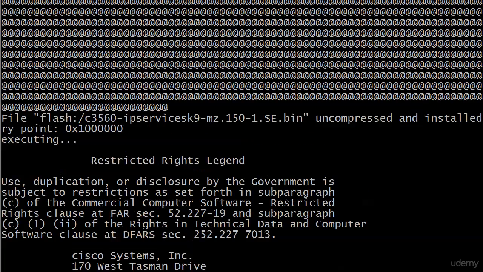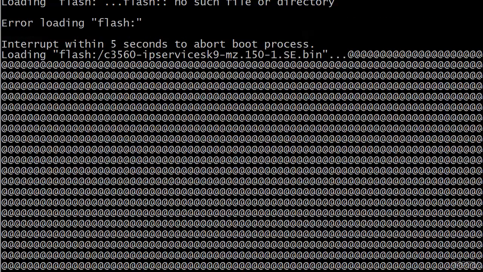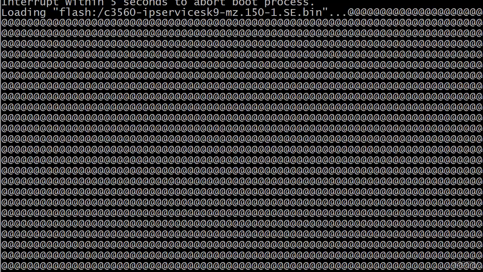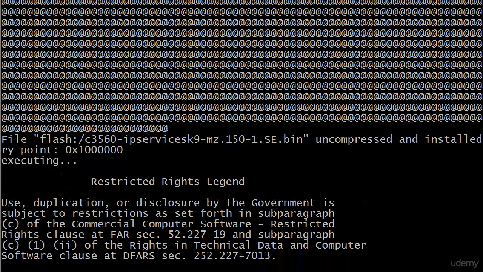Not much I can do about it, but see all this? Not that you could miss it. This is what happens when a very important file from Flash is being loaded. And these scroll, by the way, as they go along. They go across the screen, across the screen, across the screen. It's quite hypnotic. Thing is, as long as you continue to see that, then you're okay. It's when these stop, and they stop for a long time, that you might be in trouble. You might have a little bit of a boot problem there. But fortunately, that did not happen here, and we see at the end, here's the file uncompressed and installed, and